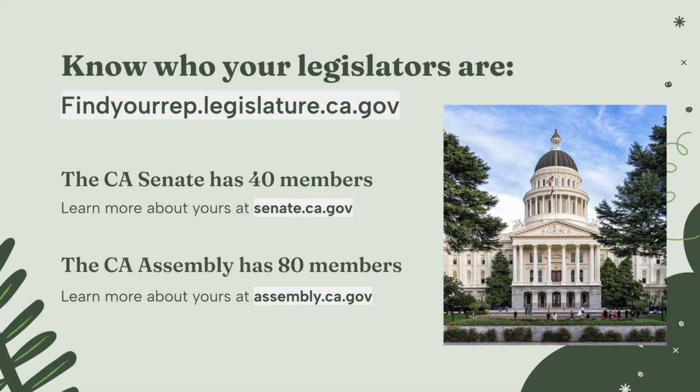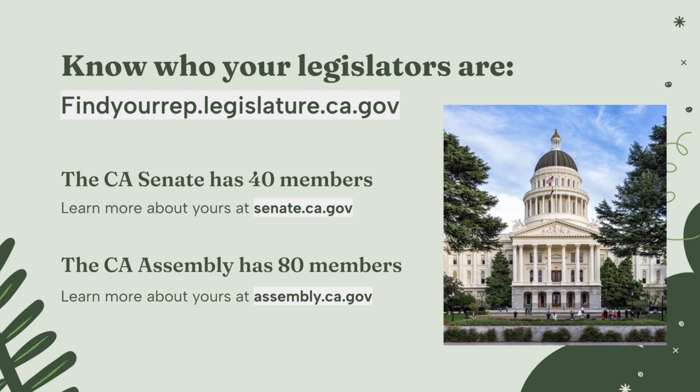Now that I've given an intro to the program, the first step to in-district lobbying is to know who your legislators are. California has a bicameral legislative system, meaning that our government's legislative branch is split into 2 houses, the Senate and the Assembly. There are 40 senators and 80 assembly members, and every voter lives in both an assembly district and a senate district. To find out who your representatives are, go to